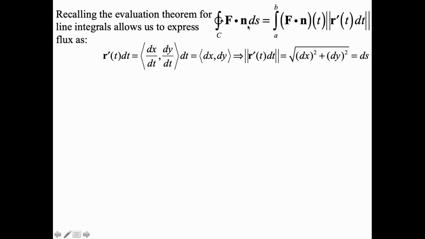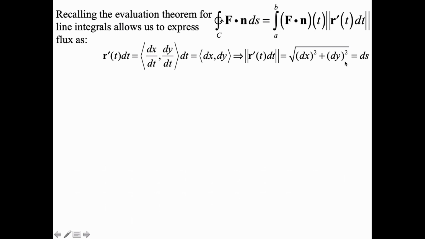Now how does that actually mean the same thing as this? Well, remember what r prime of t dt really is. r prime is simply a vector with components dx/dt, dy/dt. You're going to multiply that by dt. You have this dt hanging on the outside. So if you let those differentials interact, if you will, you're left with the vector dx, dy, right? A vector that has dx and dy as components. So that represents r prime of t dt. And if we take the norm of that, we just take the square root of the sum of the components squared. Well, that is exactly what we mean by the differential ds, a little snippet of arc length along